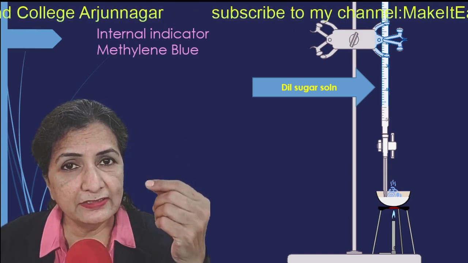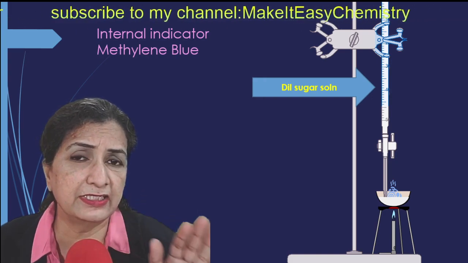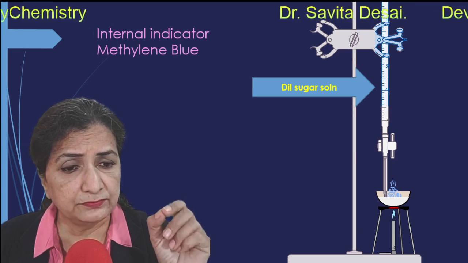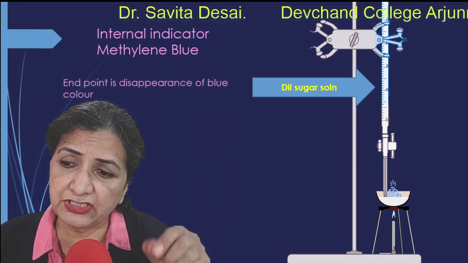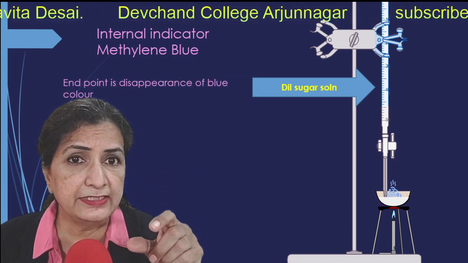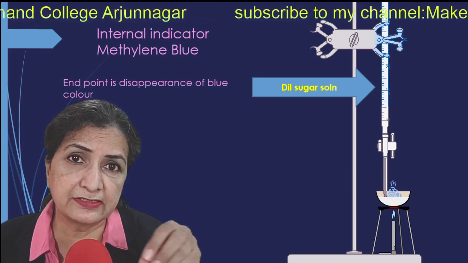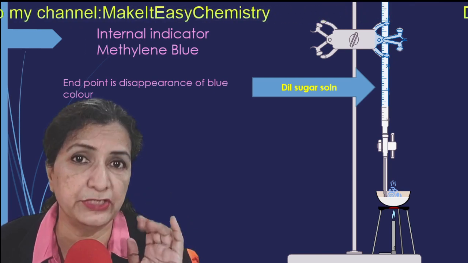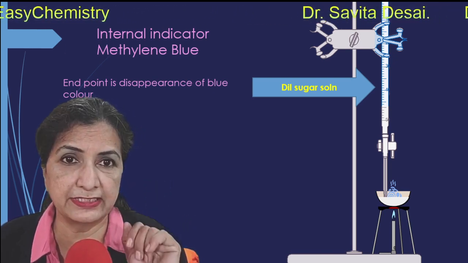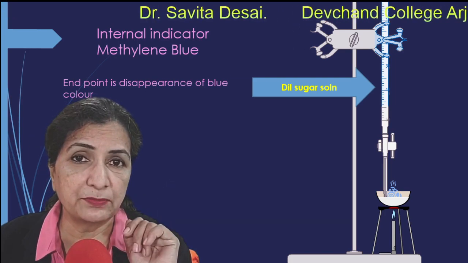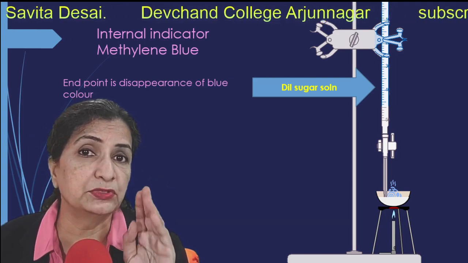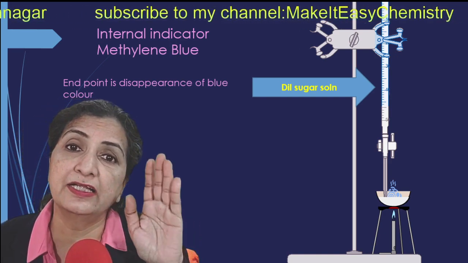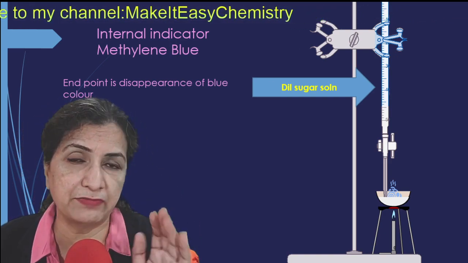We go on adding the sugar solution without determining any kind of endpoint, till a certain mixture is observed such that there is a red precipitate settled at the bottom and the supernatant liquid is still somewhat bluish. I am going to demonstrate that exactly. And at that particular point, 2 to 3 drops of methylene blue indicator are added into the solution which is in the evaporating dish.